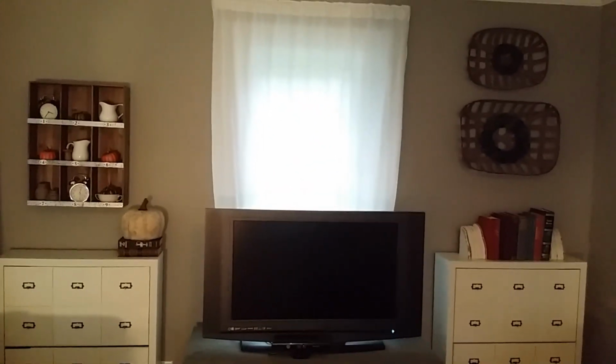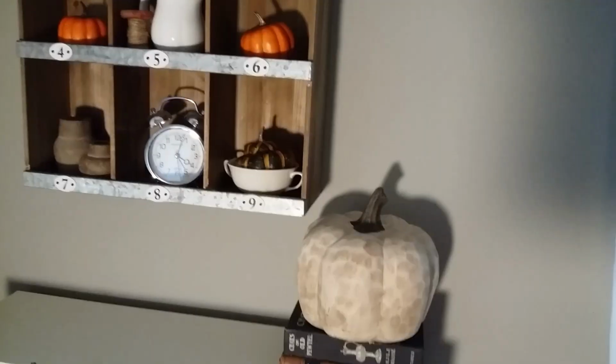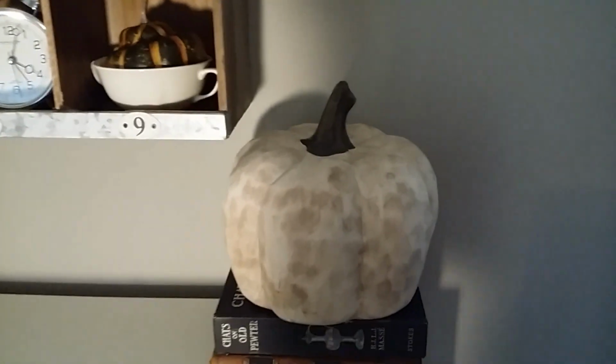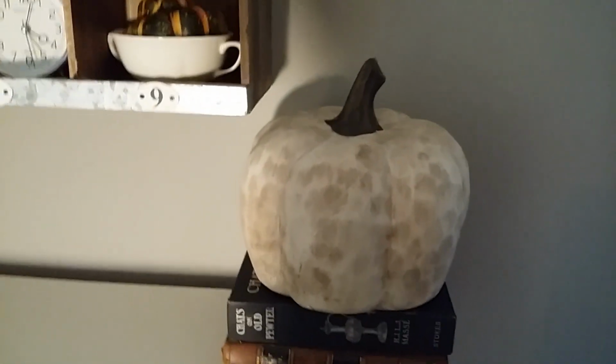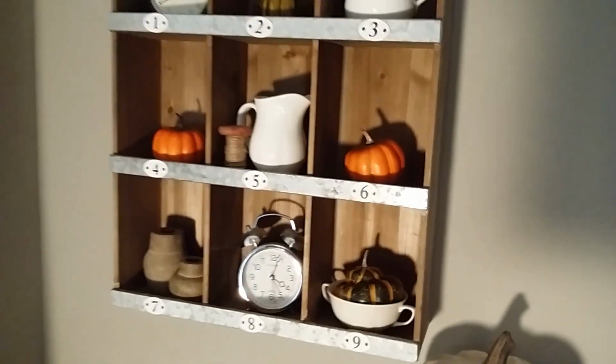And then this is what this end of my living room looks like right now. So I'll start over here on the left. Over here I have this cement looking pumpkin with some books, and this was a TJ Maxx find from last year. Now in this cubby shelf,